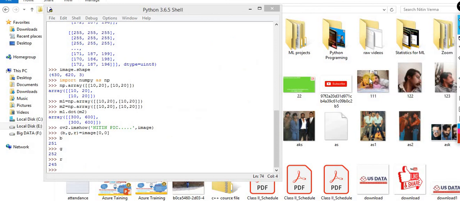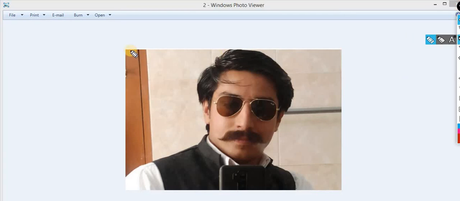Okay, I am slicing an image. Slicing means I am cutting out one portion from the entire image. For this image, let's suppose I am cutting some rough area, for example this area. I am just cutting this area from the hair. Just imagine how it is possible.